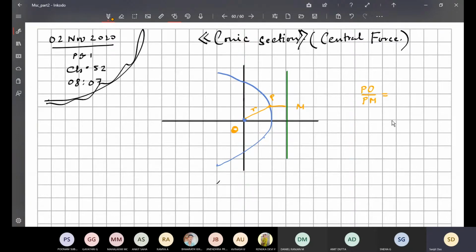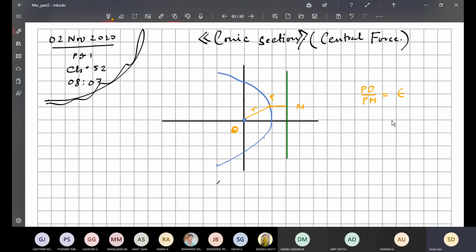What is this constant called? Remind me. All this I told you in the previous class. I will discuss this thing today. I hope some of you have revised this. Tell me, what is this called? Eccentricity. Eccentricity, and I have a notation for that. Many people write it E, many people write it epsilon. I call it epsilon. You can call it small e also, it does not matter, unless it clashes with some other notation.